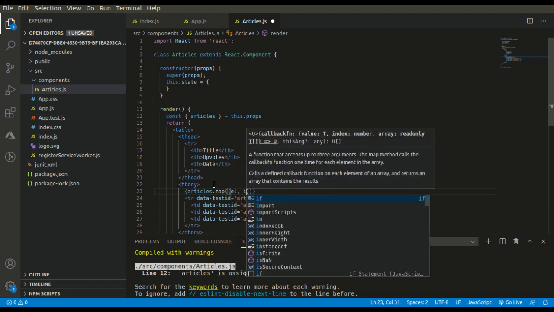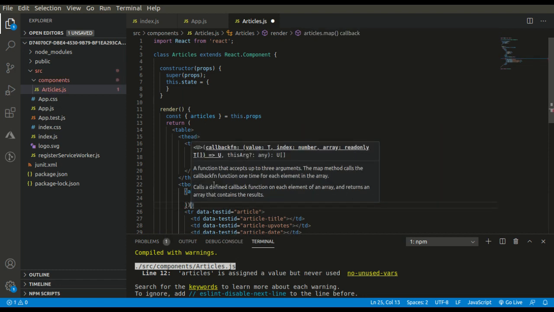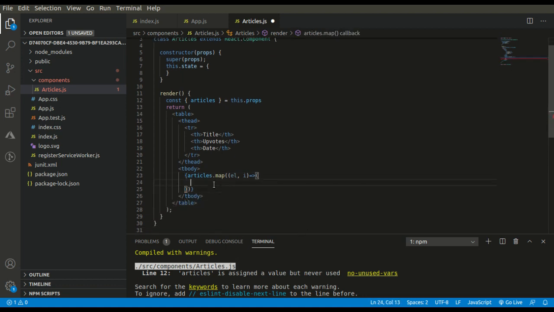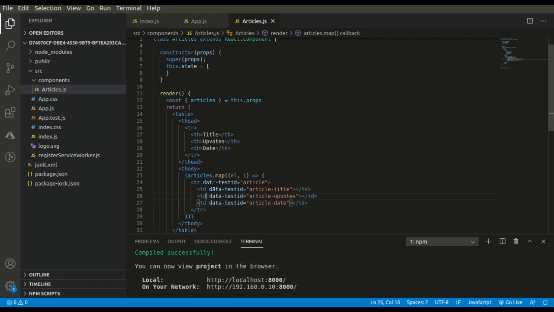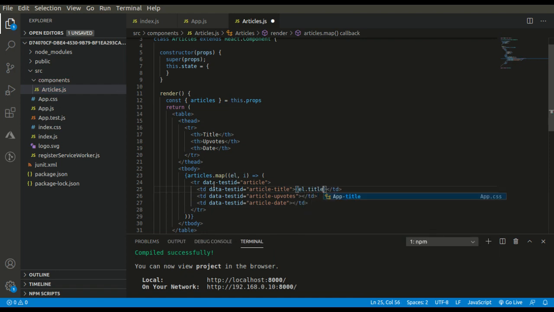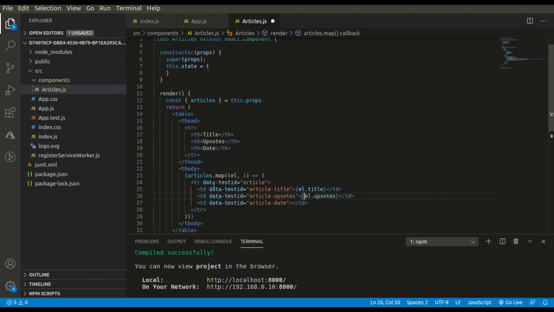Map, here we get the element and the index. Votes, and here we have our element dot date.